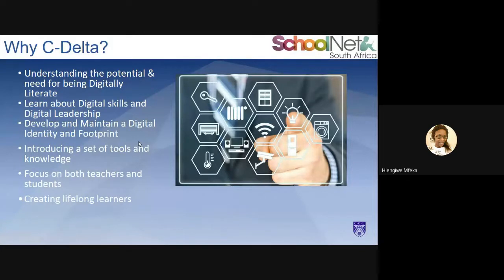As we are here, I know when we introduce such programs or when we call people to engage in these opportunities, there are those who would say, Hlengi, I'm about to exit. I'm not interested in anything. They are doing a countdown that in so many months, I'll be out of the system. I'll be retiring. Let me tell you this. If you are a teacher, you are a lifelong learner.